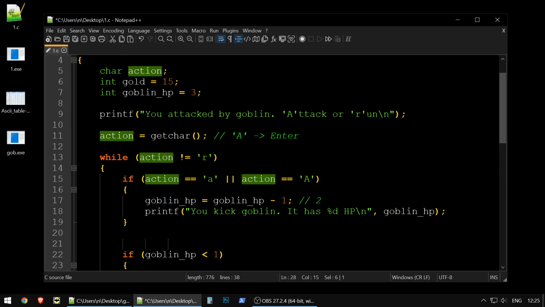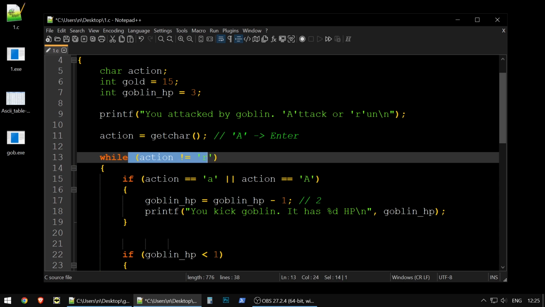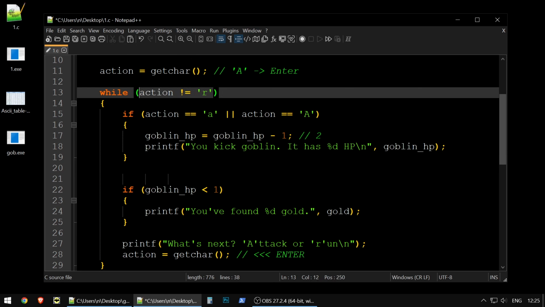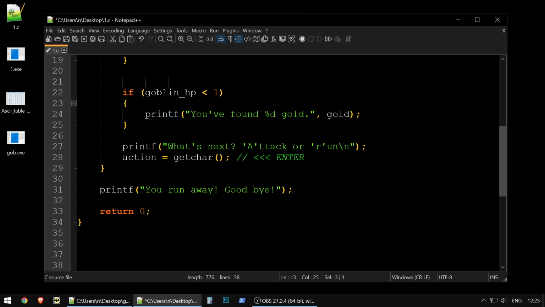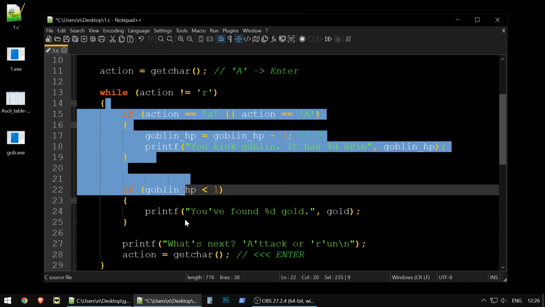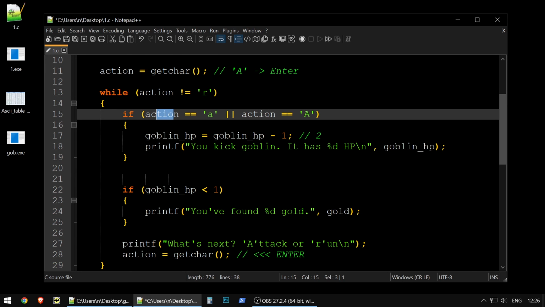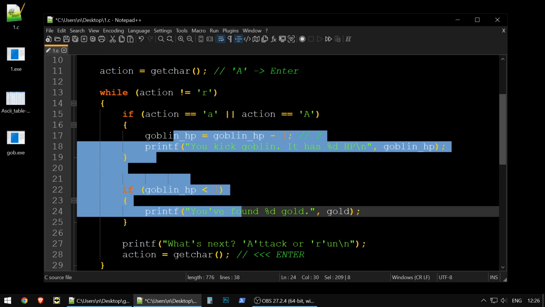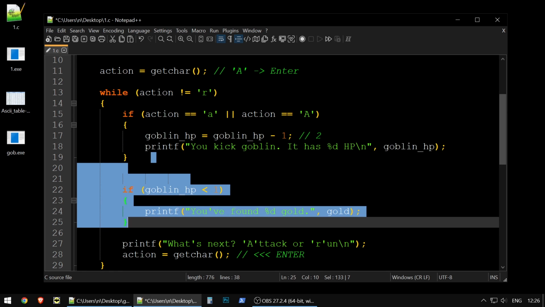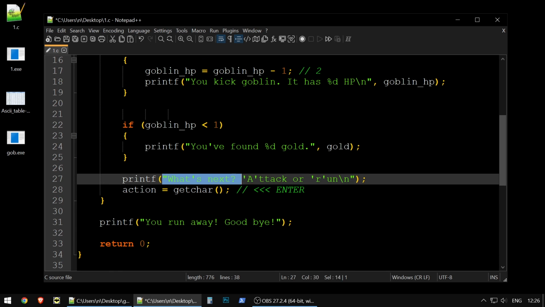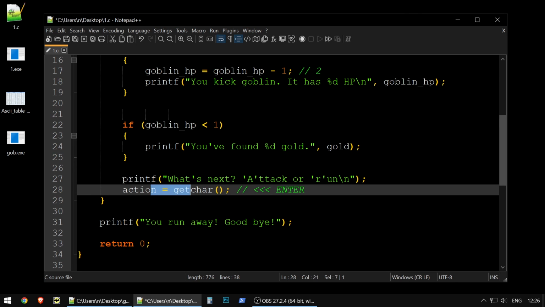And then we go back to the while cycle to the beginning, and we check is action equal R. No, it's not equal R, it's equal enter, and it goes here. And as it's not A, we do not perform any blows and nothing checks here, so it just prints this line again, and then it asks us for proper